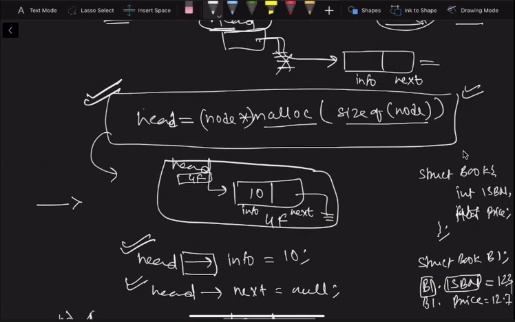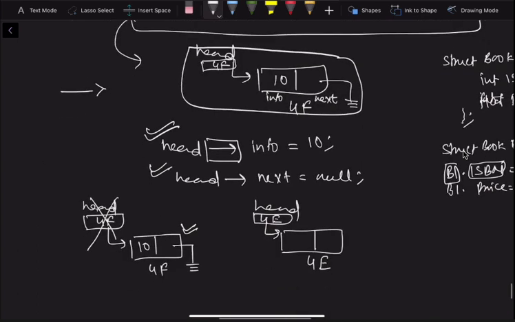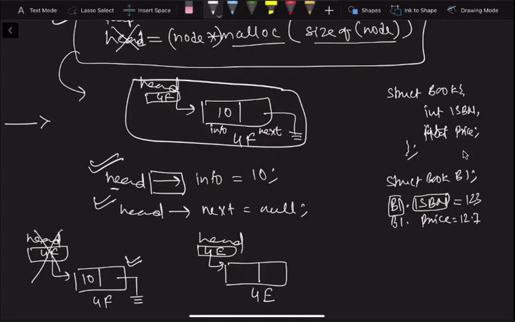So instead of this head, what we use is, we create a new temporary variable pointer and we add the address here. And now after doing this, before head is pointing to information, before head is pointing to next, what we do is, we define head is equal to temp if and only if head is null. In the first go, what is the condition we have? Head is null. So what we do is, instead of pointing head to somewhere else, we can point head to temp.